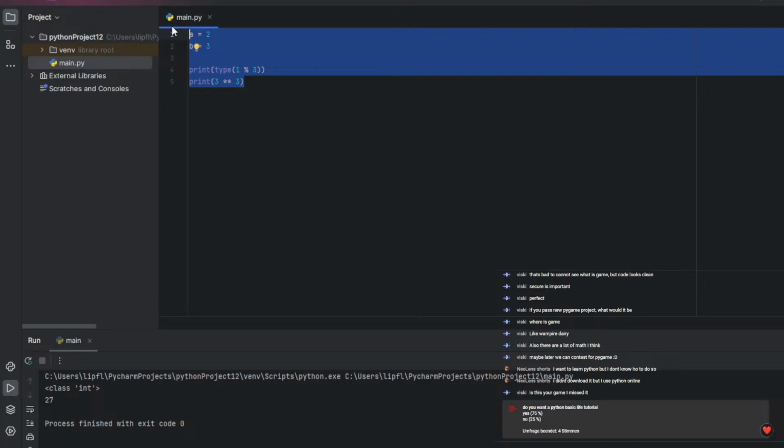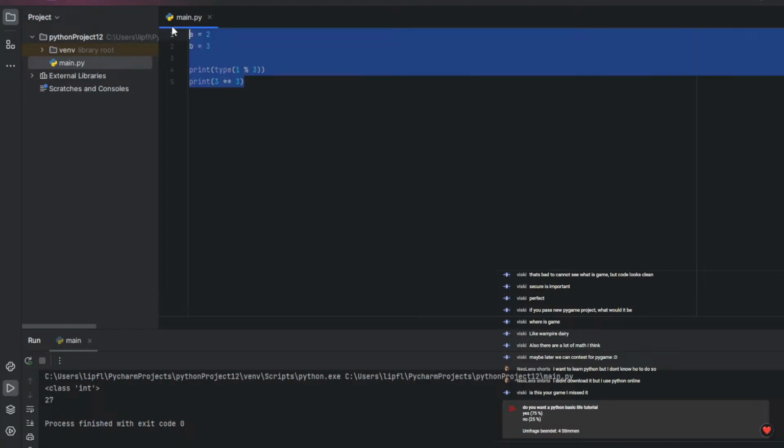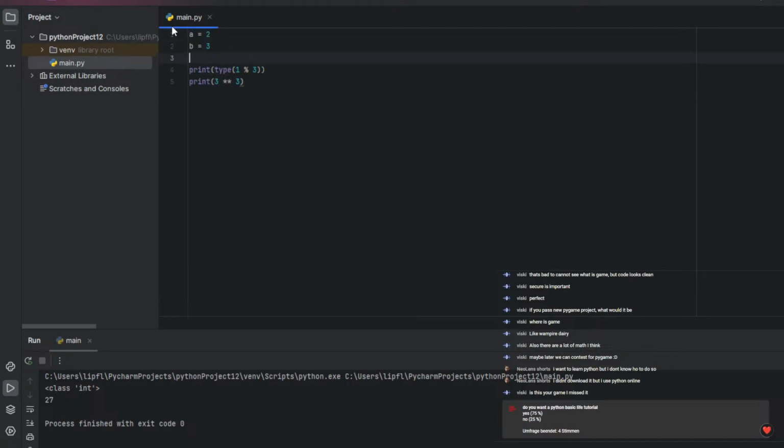Let me think properly. First, let me do the booleans. So a boolean is a really simple data type. It can be either true or false,